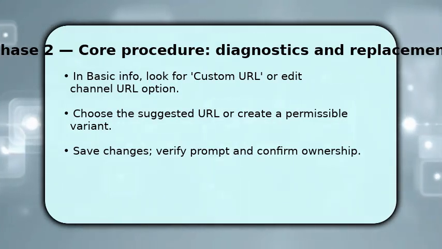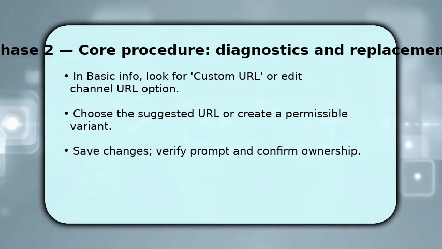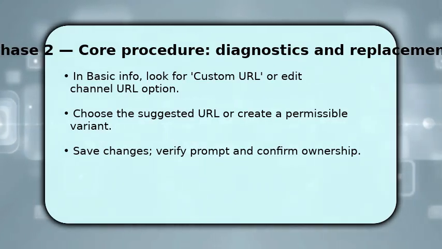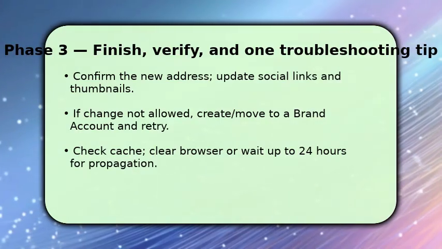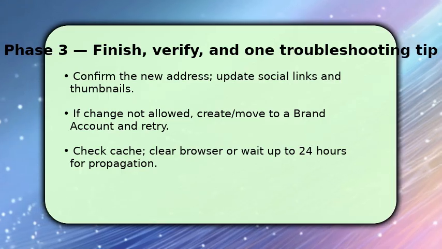If the option is grayed out, that signals you need to adjust eligibility or move the channel to a brand account first. Finalize by confirming the address and updating any external links, channel art, and profile details to match the